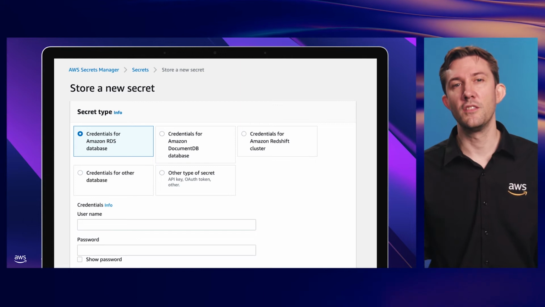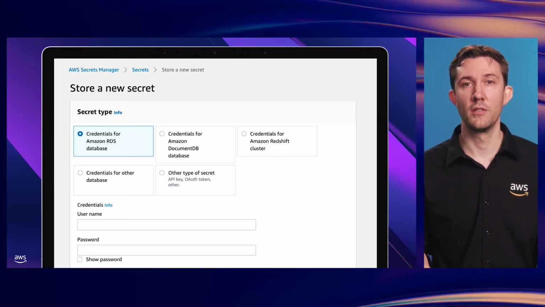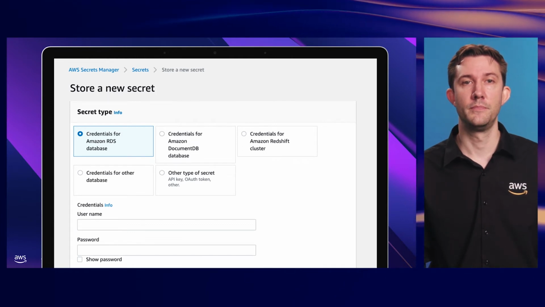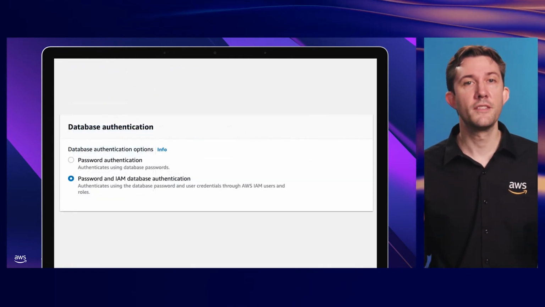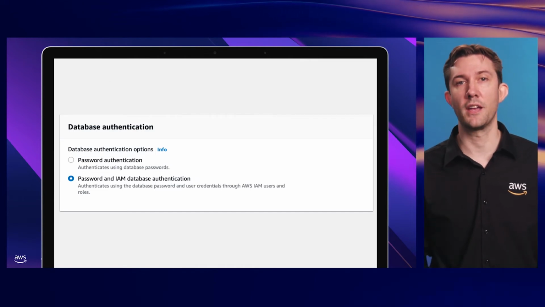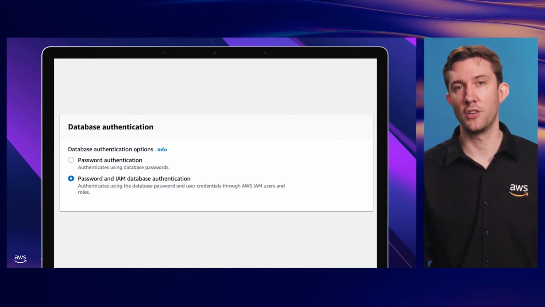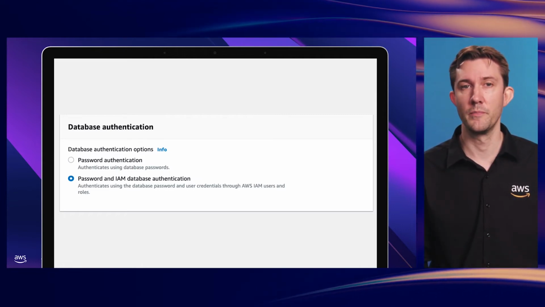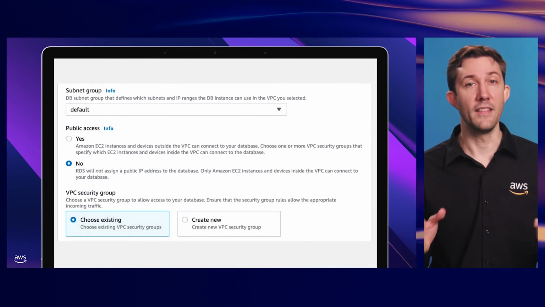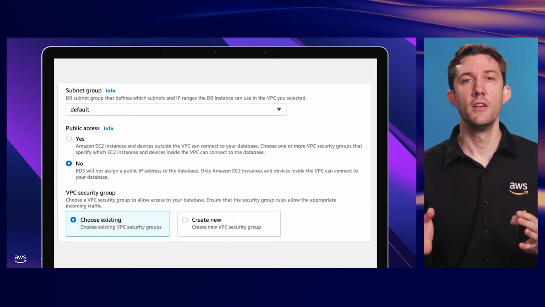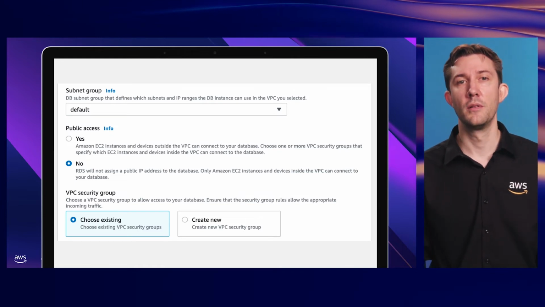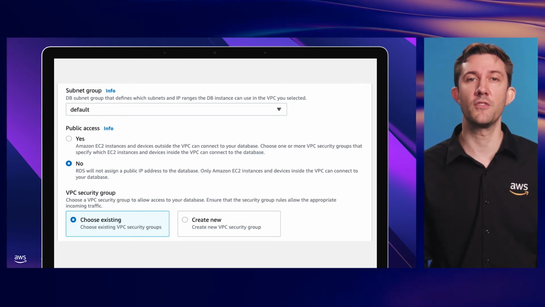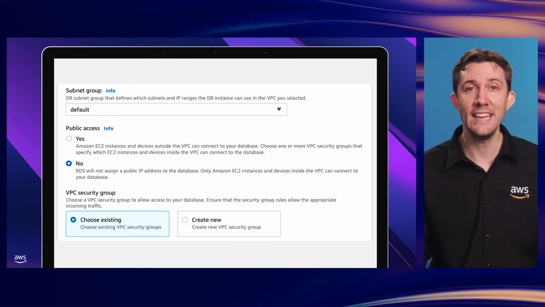Secrets Manager is designed for the storage of database credentials, and RDS is the first option on the screen. In the RDS console, setting up a database to use IAM authentication is a simple radio button to turn on. Just make sure the database credentials get appropriately changed too. And again, in the RDS console, choosing subnets and security groups is just as easy. Plus, there's the option to turn off public access to prevent the database from getting a public IP address. Easy.